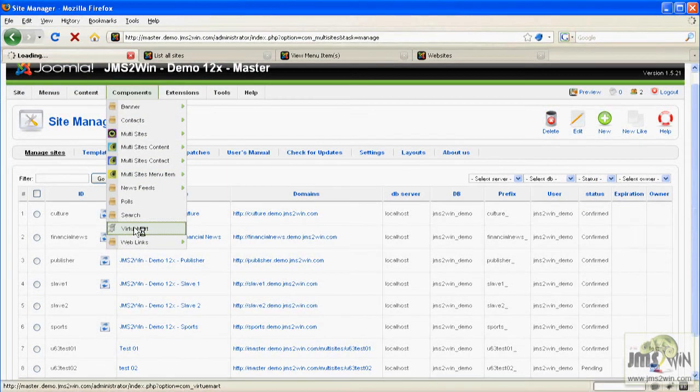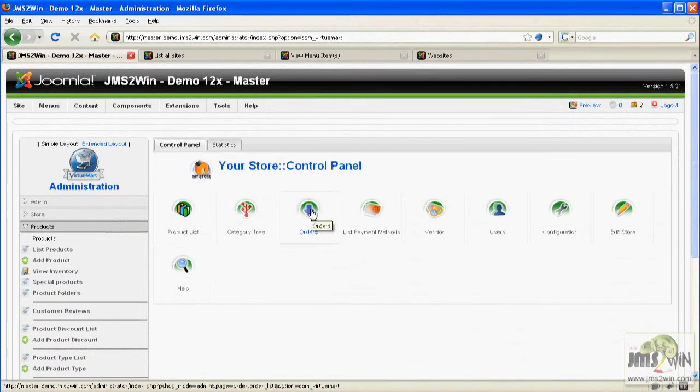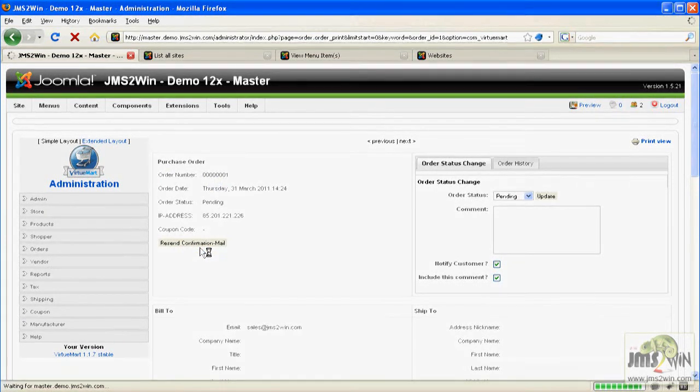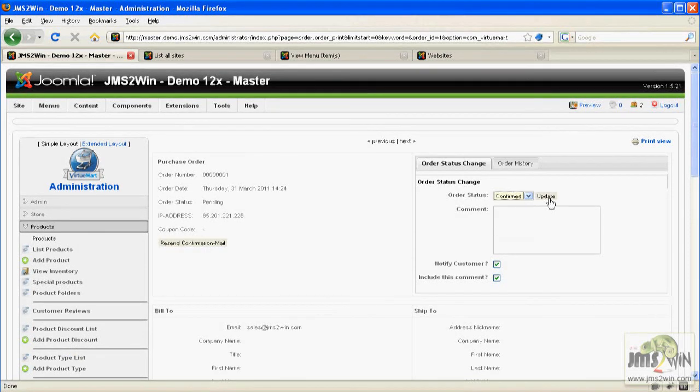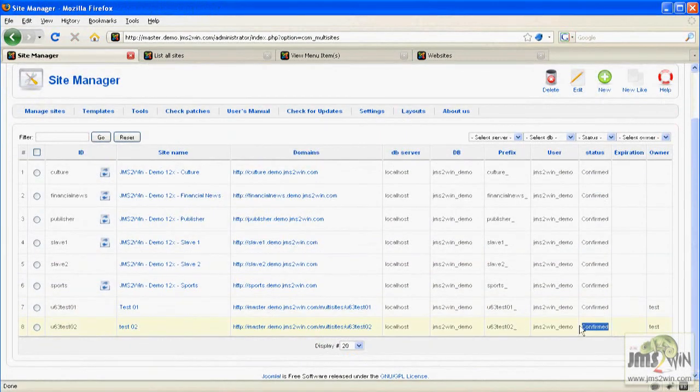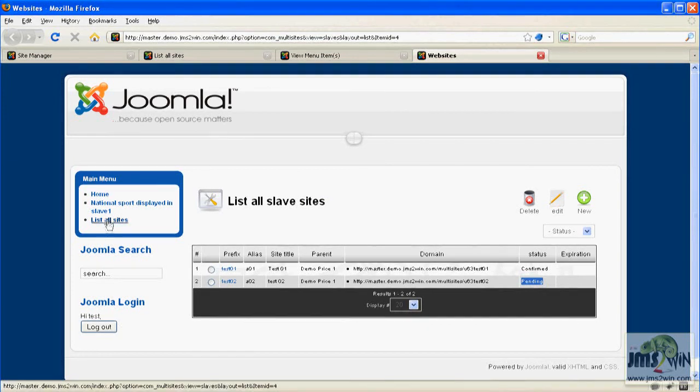When the order's status in Virtuemart is updated, either manually or with an automatic notification like the PayPal notification, then the bridge for Virtuemart is called and checks whether the status modification also concerns a slave site. When this is the case, it also updates the GMS slave site status according to the new order status from Virtuemart. This is what you can see here when we manually update the order status in Virtuemart. As you can see now, the website has the status confirmed, and you have the website that can be